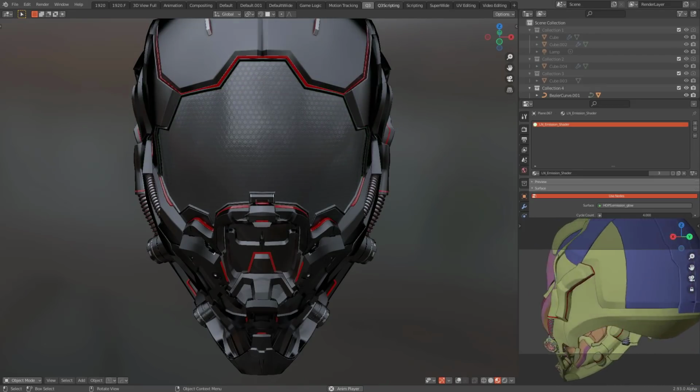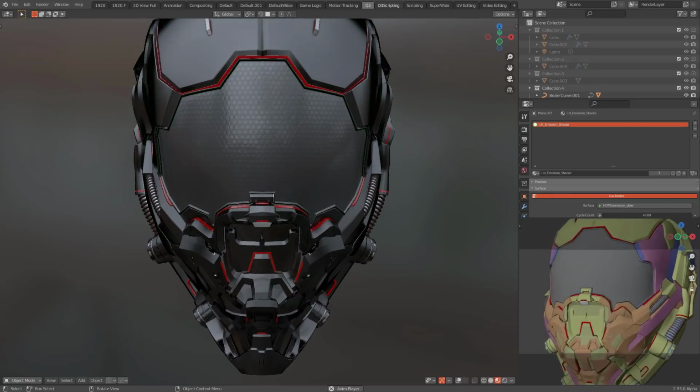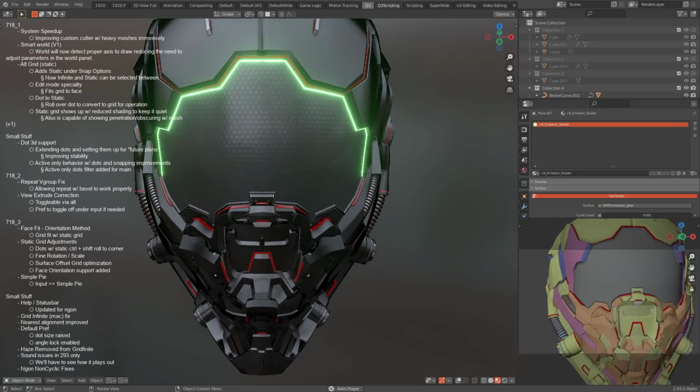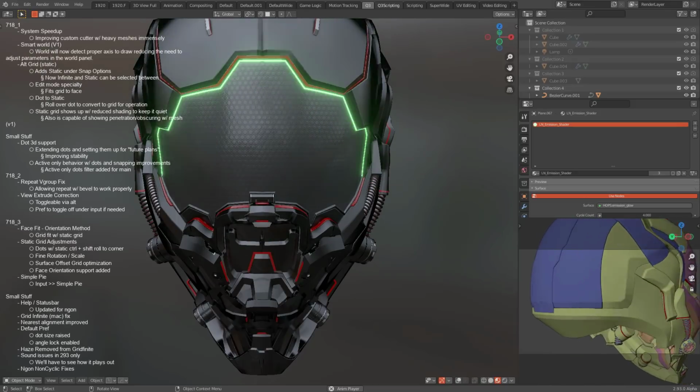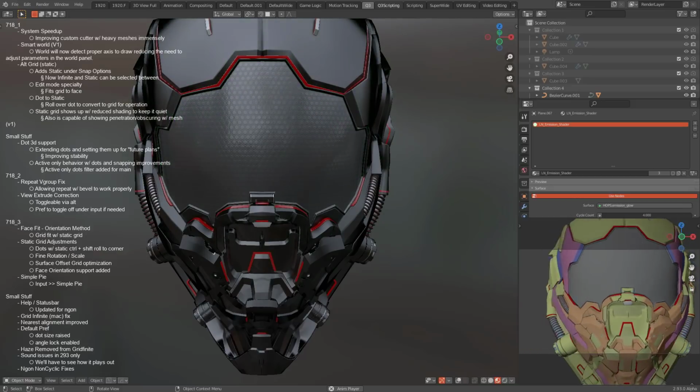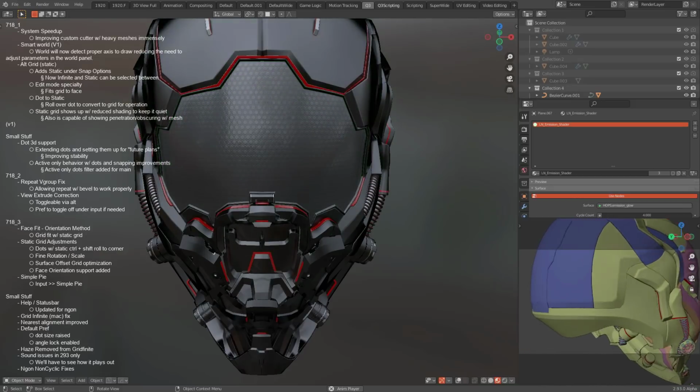Hello everyone, Master Xeon1201 here, and in this release log we'll be going over the changes between Boxcutter 718, the initial launch, all the way up to 718_3. For this, the implementation of 3D dots has finally begun, which is an expansion of our previous system, which